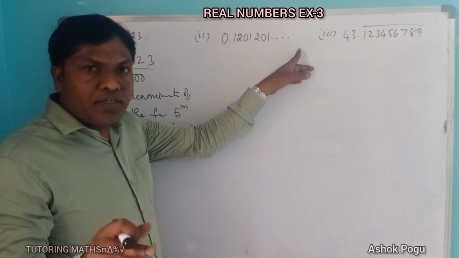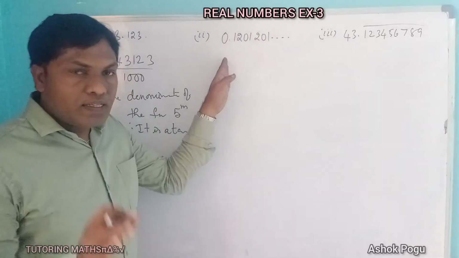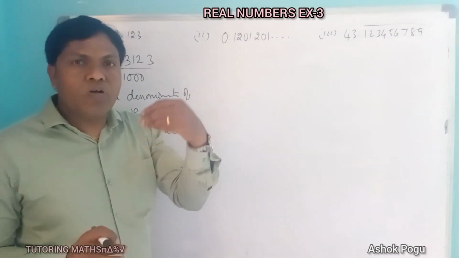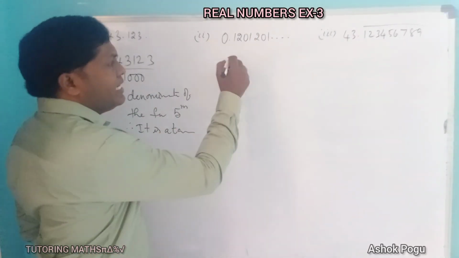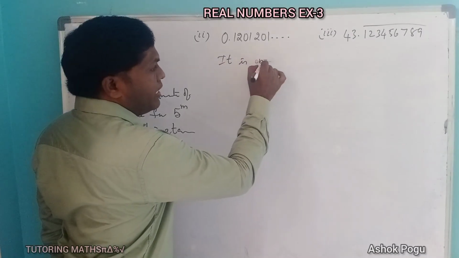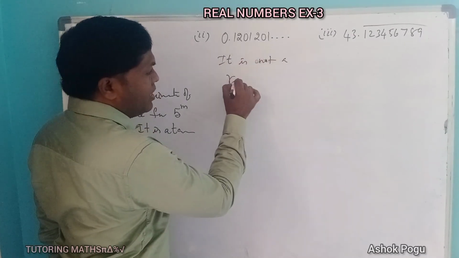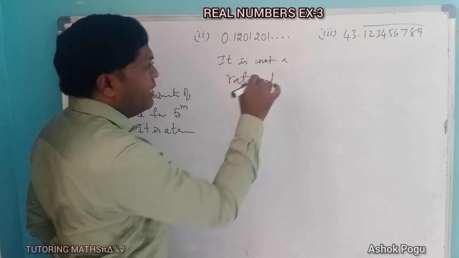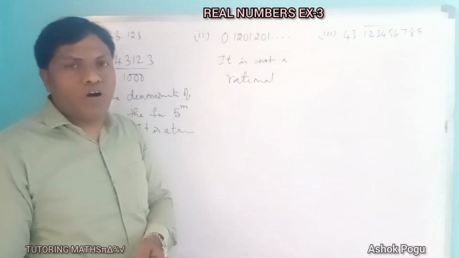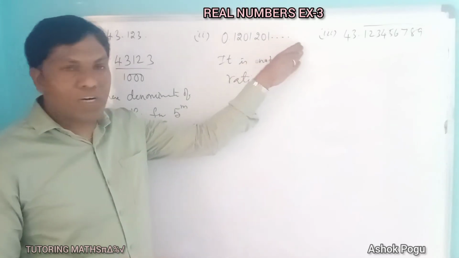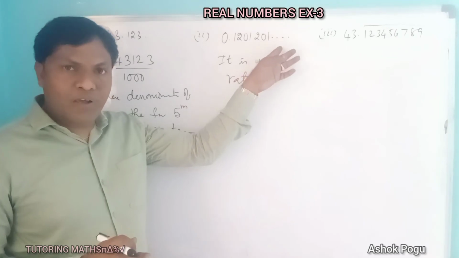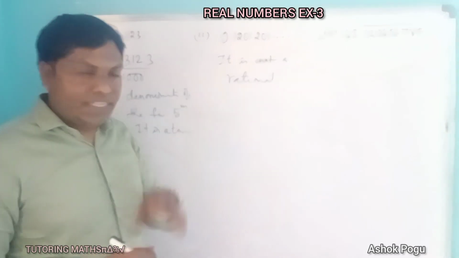Coming to question number 2, here the decimal values on the right side are continuously 0 and so on, dash dash dash dash. Here the decimal values are continuously going, no stop. So therefore you can say that it is not a rational number, since you cannot express it in p by q form because of the dots, isn't it? Continuation. There is no end in decimal form. So therefore it is not a rational number.